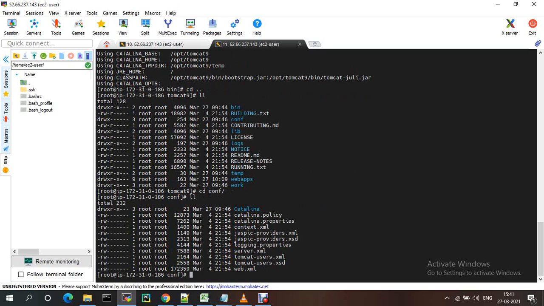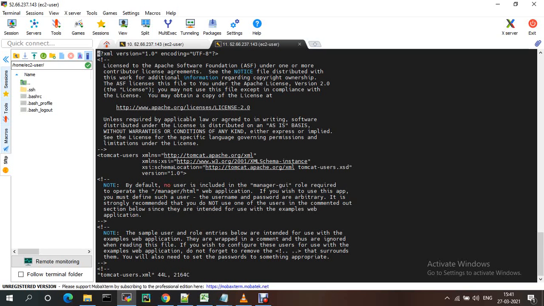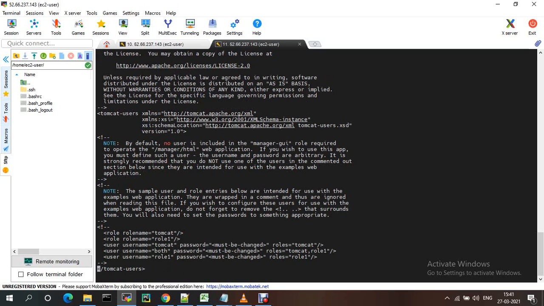Here there is a tomcat-users.xml. You need to add the role, username and password. If you scroll down here, you just need to add the role name, and username, password, everything.